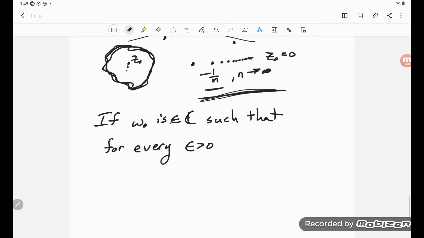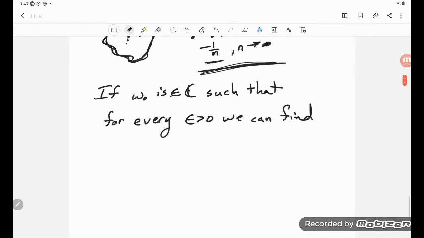Usually when we think of epsilon, we think of smaller and smaller numbers. We can find a delta greater than 0 such that,